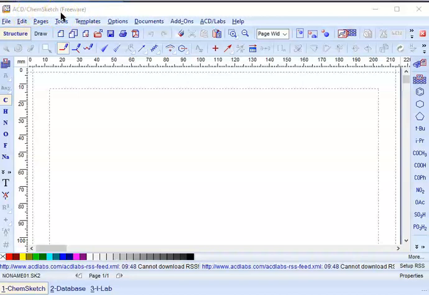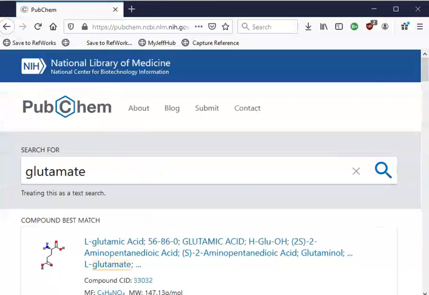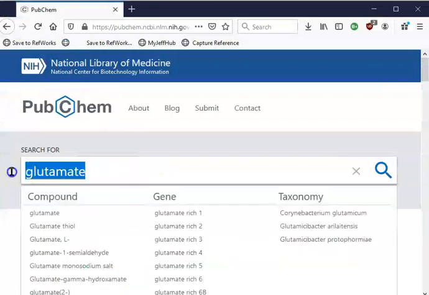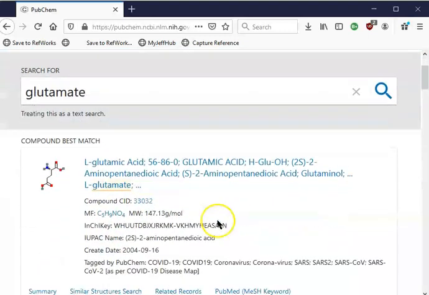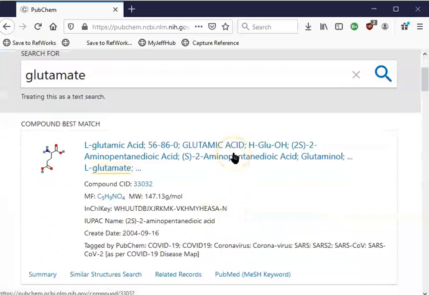So here's a quick tip. I told you use PubChem for the homework. Let's go over to PubChem. Here's PubChem, and you could put in, I put in glutamate because it is an ionizable amino acid, has an R group with a carboxylic acid group. So you could search for glutamate, and here it comes up, and if you click the record for glutamate, you can see all of its other names,